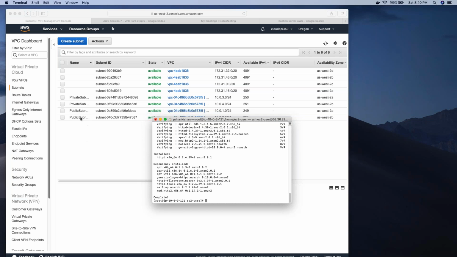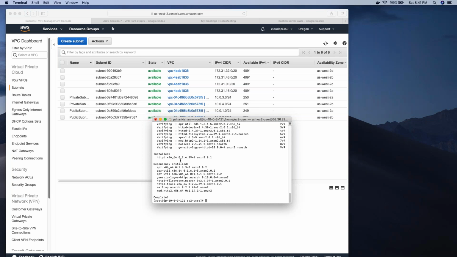But if you look at my public subnet EC2 instance security group, I have opened the HTTP port. I may be opening some other set of ports, which may not be secure, right? That is the reason we recommend you put an EC2 instance with very tight security, which means no other port is open in that particular EC2 instance, and whose only purpose is to talk to these private subnet instances